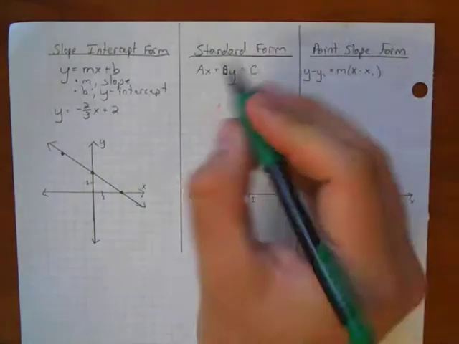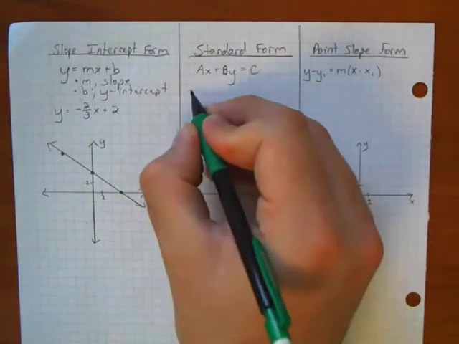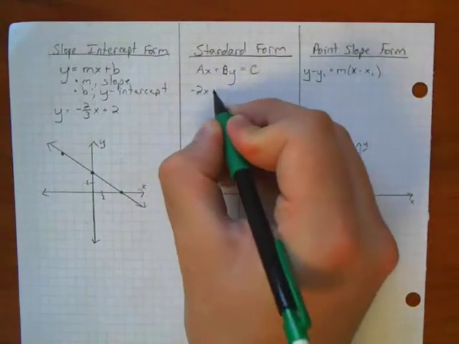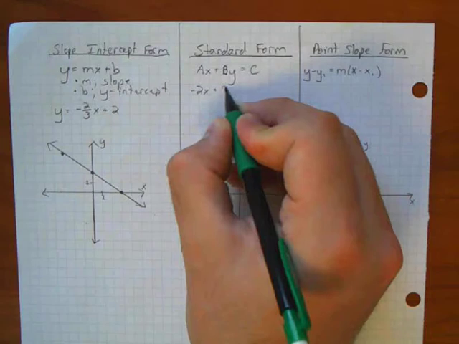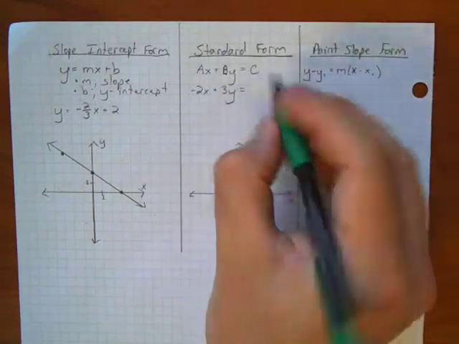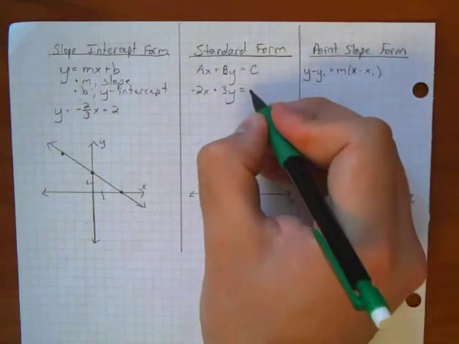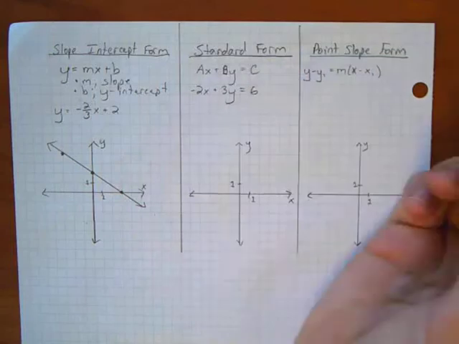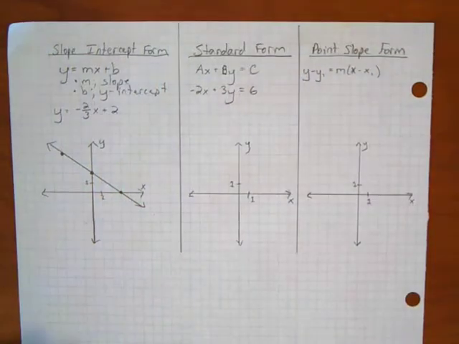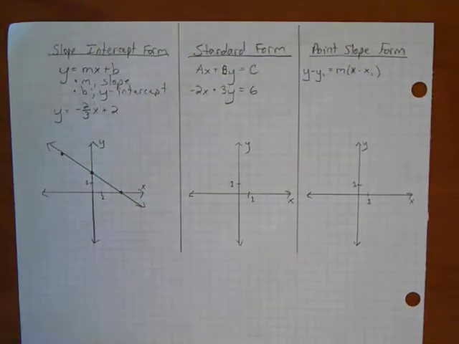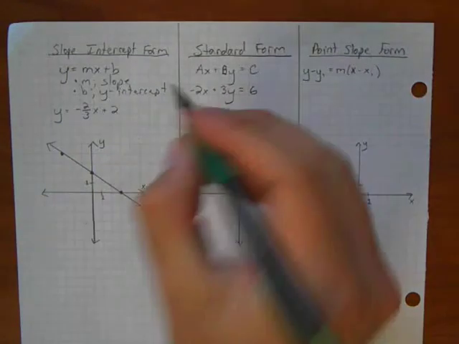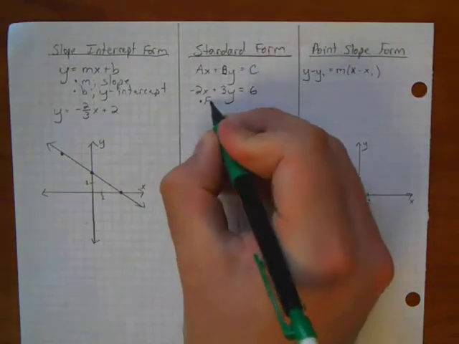So let's start with an equation. Let's start with negative 2x plus 3y equals 6. Okay, so this equation is in standard form, and the easiest way to graph something in standard form is to find